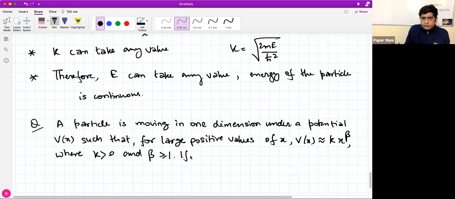If the wave function in this region has the form